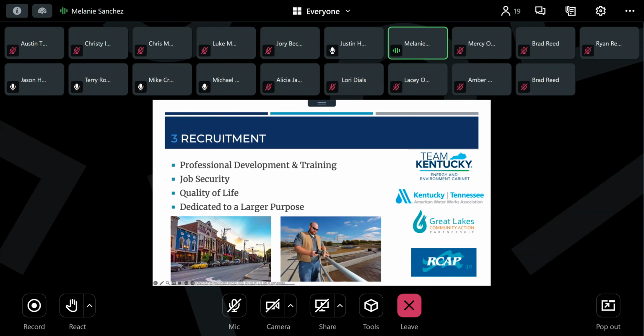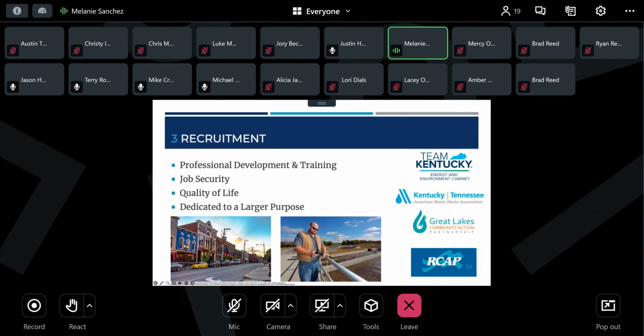There's a lot more safety in small towns. Outdoor exercises can boost mental health. And again, it's cheaper to live in a small town than a large city. This is definitely a point to make if you're offering salary and you want to kind of offset that salary difference. And then if you look to the right side of the slide, you'll see some Kentucky-specific organizations